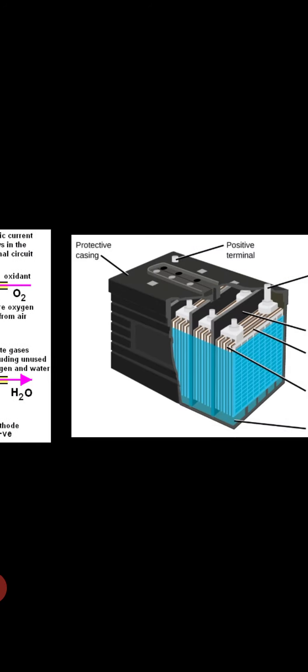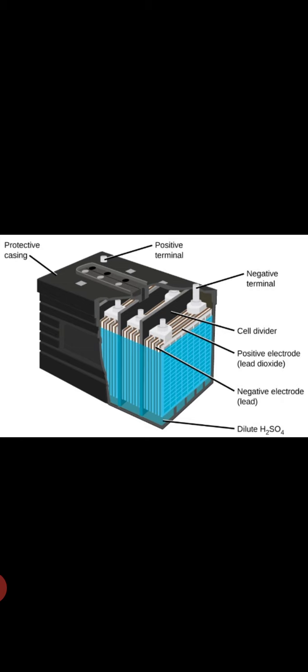Why did I give these equations here? Because it is easier to remember in this manner. Once you go through it properly, you will see that it is very easy to remember, because if you write discharging in the forward direction, the recharging is in the backward direction. Very easy to remember. So in this way the secondary cell works, and we can say that the discharging and the recharging are taking place.